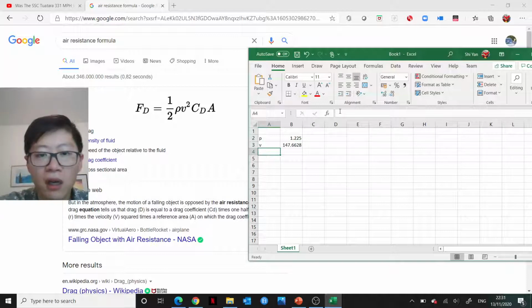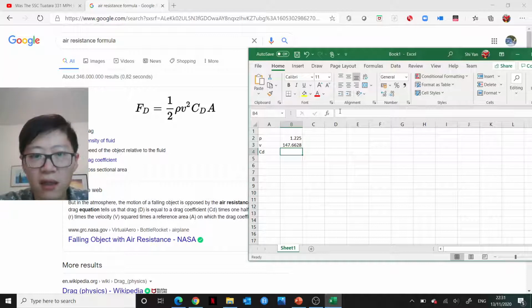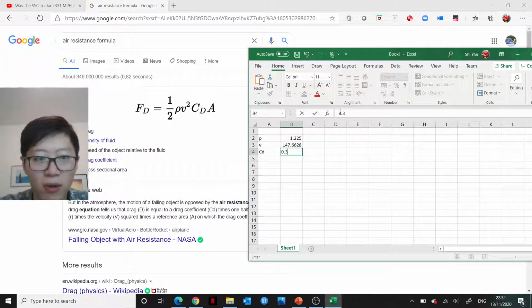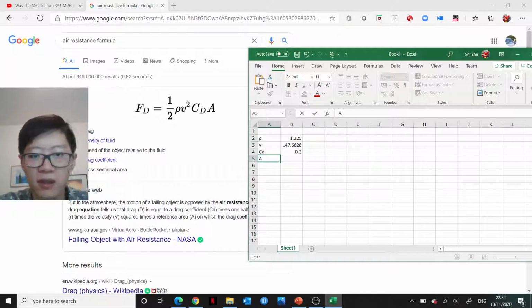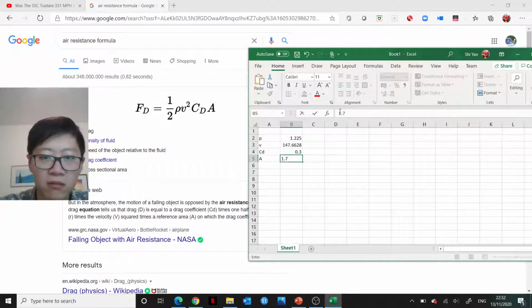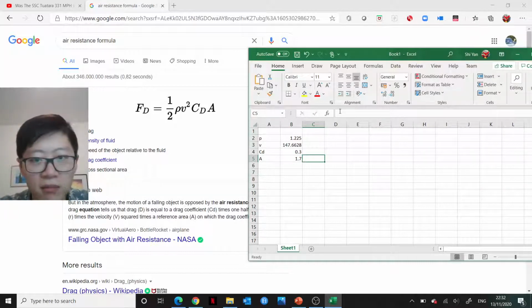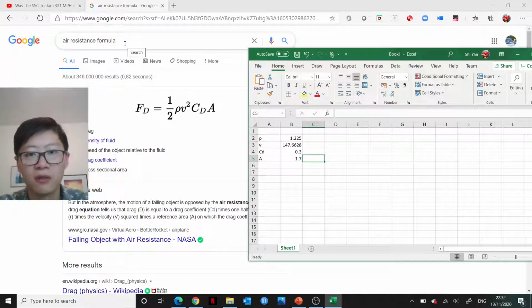And then CD, the coefficient of drag. Let's assume 0.3, which is a ballpark number, and air cross-sectional area, 1.7 square meters is a ballpark number. And then for the rolling resistance, I'm assuming no downforce, of course, but